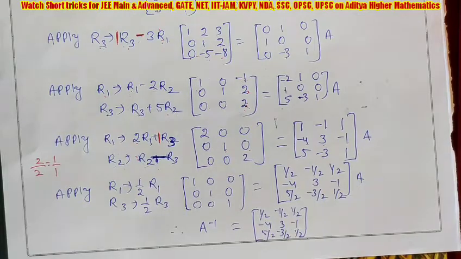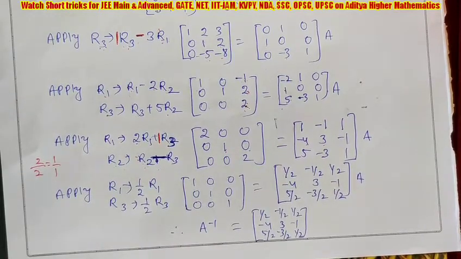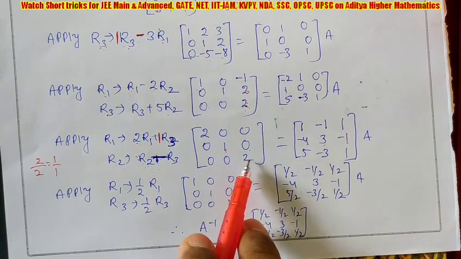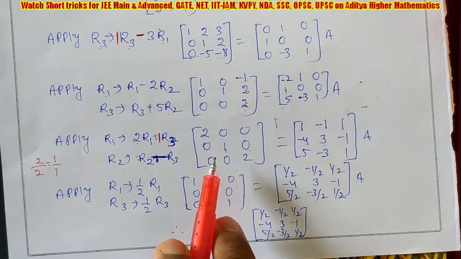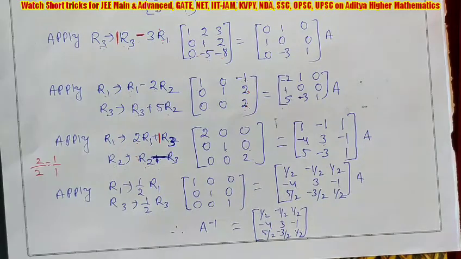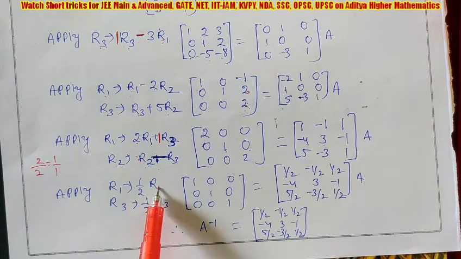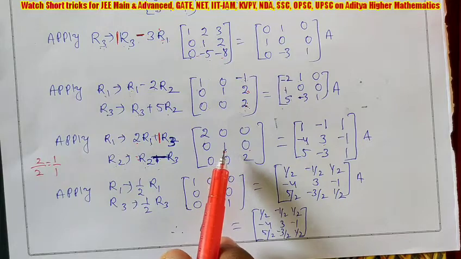So we have required only 3 steps to make zeros in all 3 columns, and in one step you can make all ones. Understood? And how to make one? Whatever numbers come in the diagonal elements in the corresponding rows R1, R2, R3, the same number with its reciprocal you have to multiply in each row. That means we are getting 2, its reciprocal is 1 by 2, you need to multiply to make 1. But R2 is already 1, so no need to multiply anything.